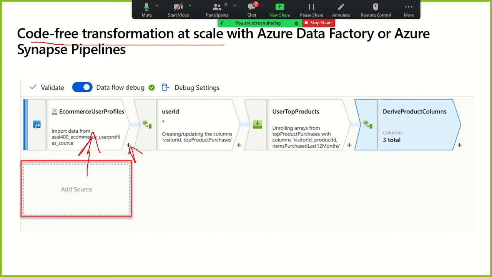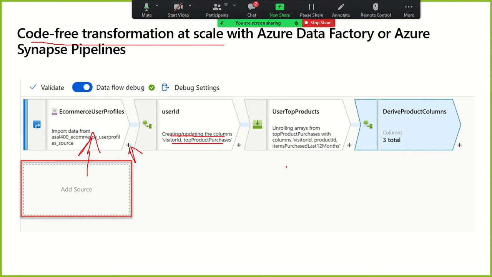So you can select a data flow on user ID, and here you'll be able to update the columns by specifying information like visitor ID, top products, purchases, and from here you can also create another activity again. So you can create multiple activities that form